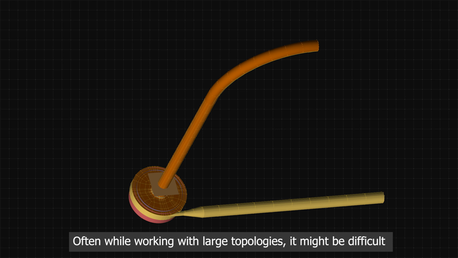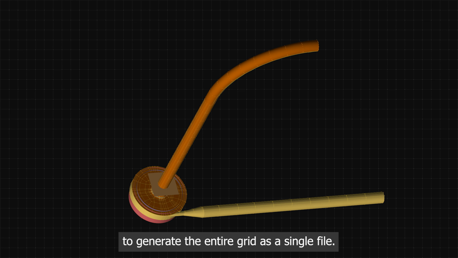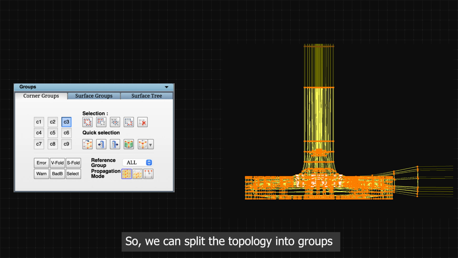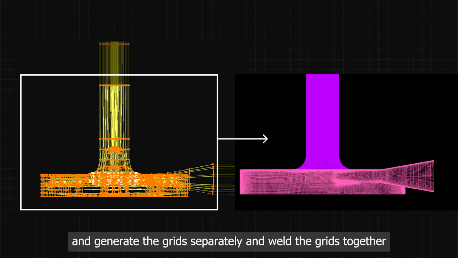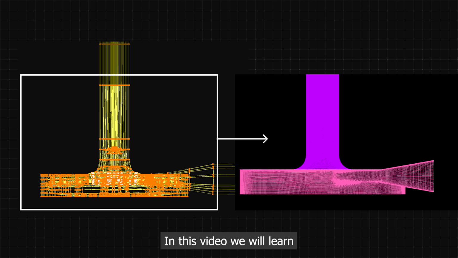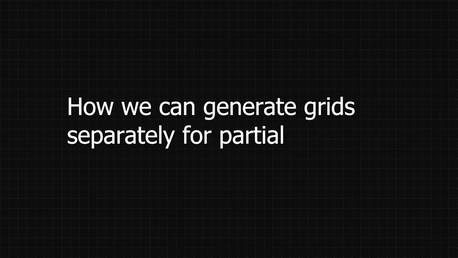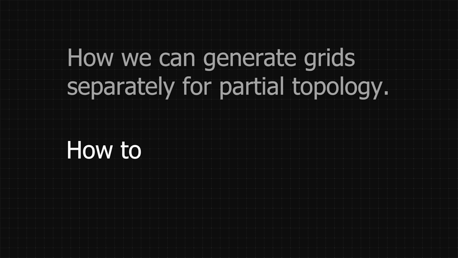Often when working with large topologies, it might be difficult to generate the entire grid as a single file. So we can split the topology into groups and generate the grids separately and weld the grids together. In this video, we will learn how we can generate grids separately for a partial topology and how to work efficiently